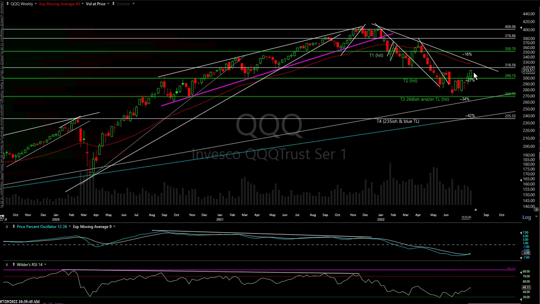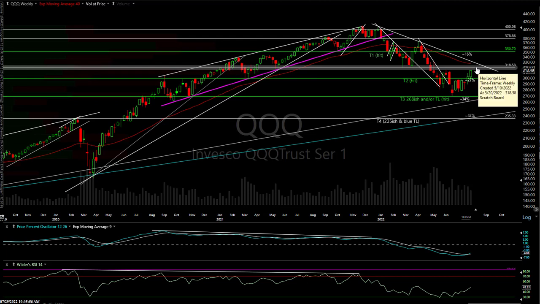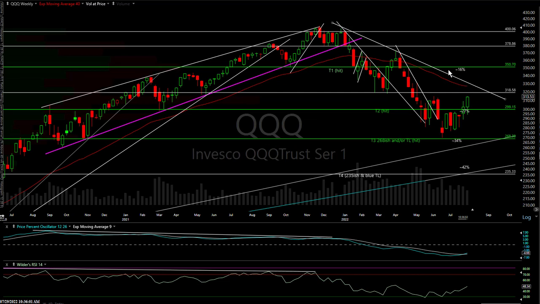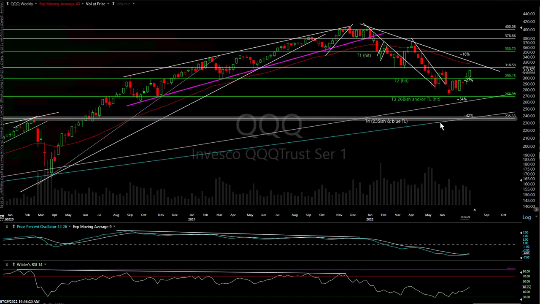So at this point in time, I'm looking more to try to identify when the end of this, what still looks like a bear market rally, is likely to run its course. I've given you this as a potential target: the downtrend line off the highs, the primary downtrend line, and the 200-day / 40-week moving averages, both the simple and the exponential. There's the exponential down below. Nothing's set in stone. We could carry higher. If we do, there's massive resistance up there, big resistance, I should say, at my first target.